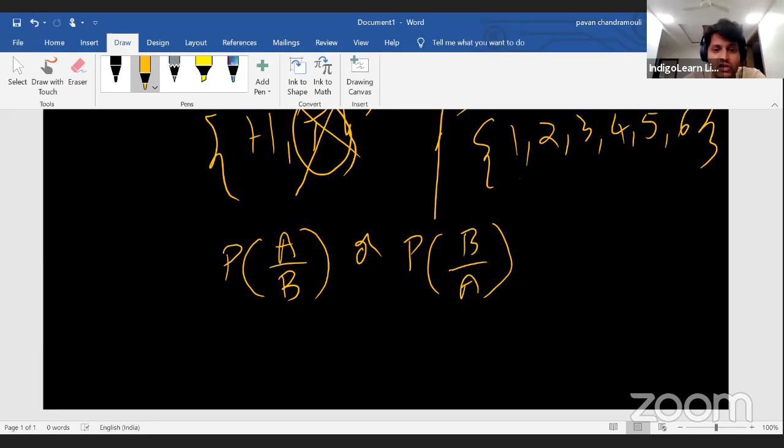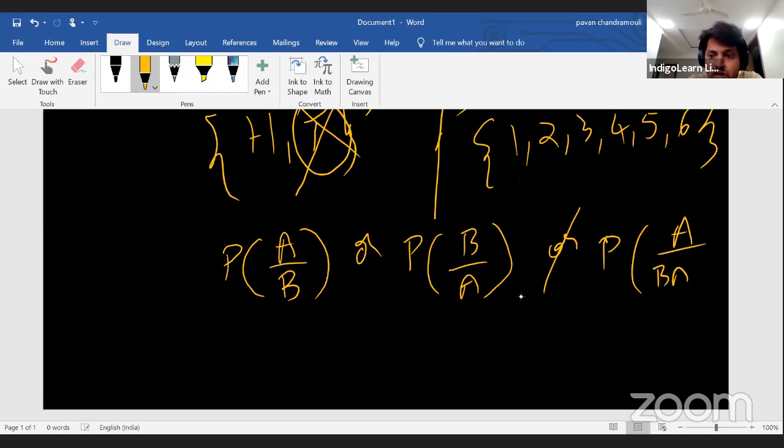Now, someone asked me, sir, what does this represent? P of A by B intersection C. Very interesting. Even I am very curious to know what these things mean. So here, what does this notation mean? Probability of event A happening provided both B and C happened. Why is the word and? Intersection means both in your Venn diagram. So probability of A happening provided both B and C happen. It's like three events linked to one another. Don't you think it's very interesting?